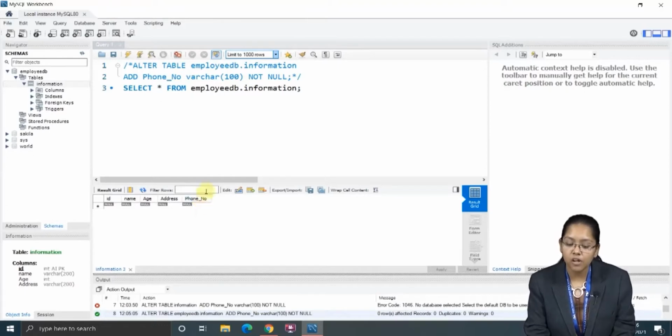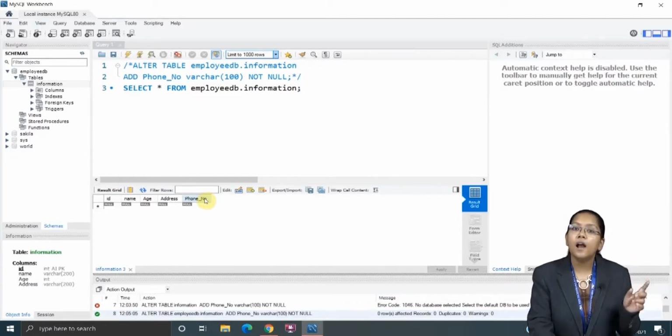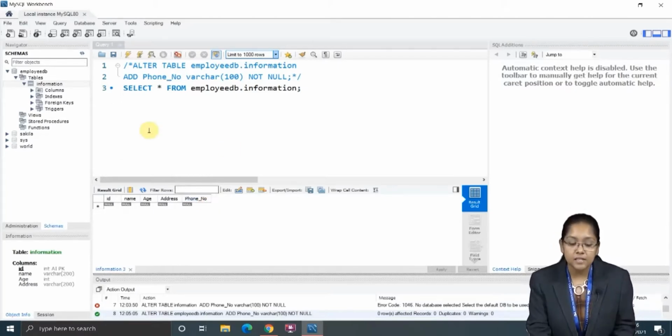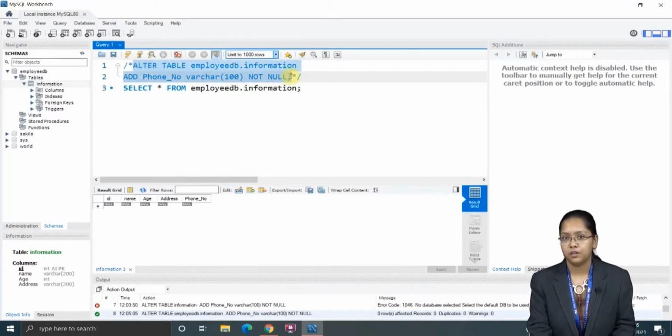Means what? My phone number was successfully added. It was successfully altered using your alter command with the functionality of add. This is the complete code which helped me to do so.